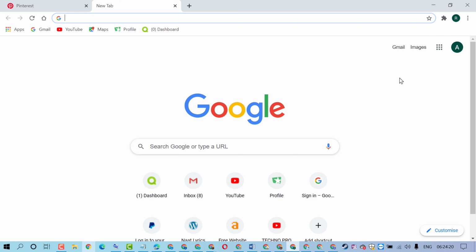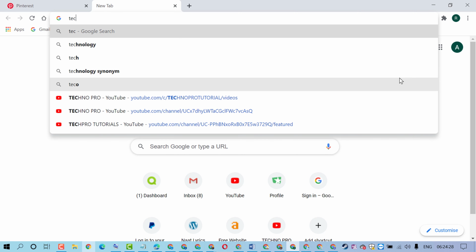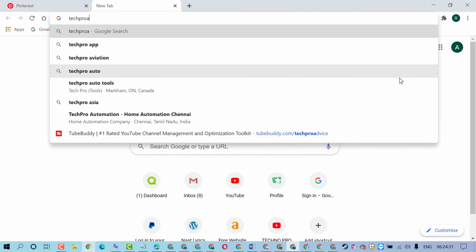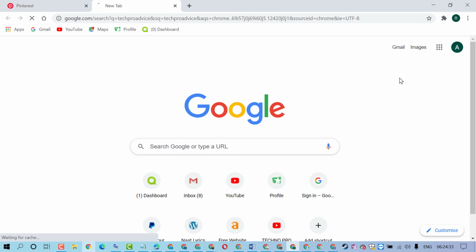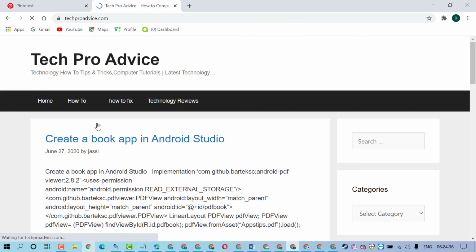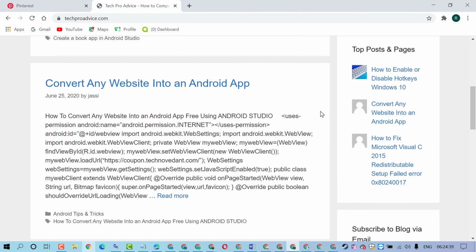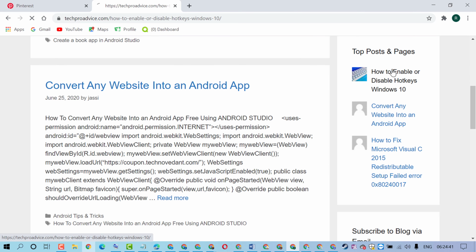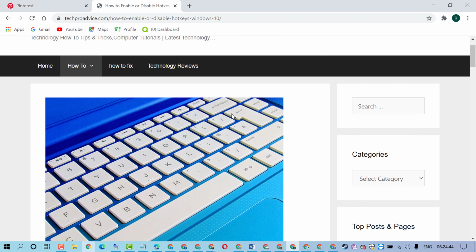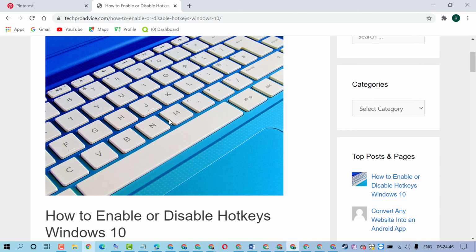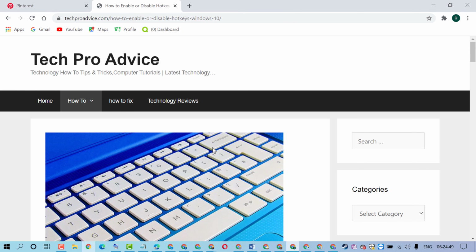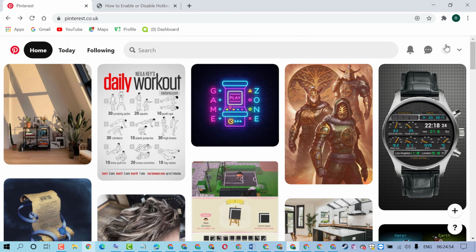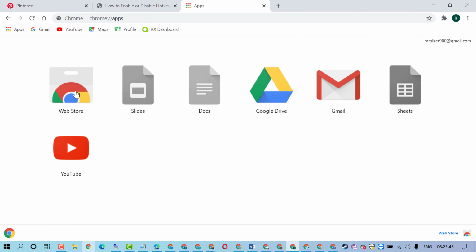Any website, like Tech Pro Advice. So if you want to save this image to your Pinterest account, you need an extension for your Chrome browser. So open the Chrome Web Store,